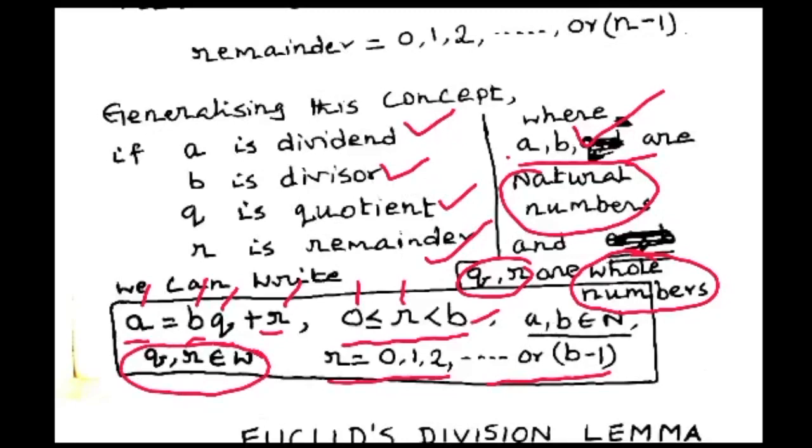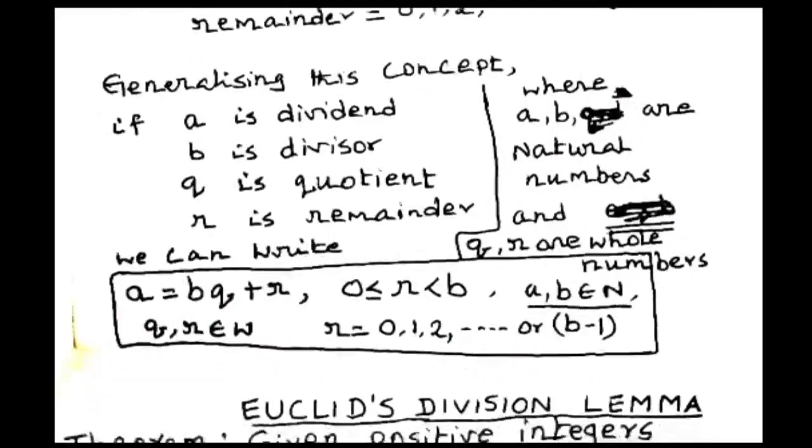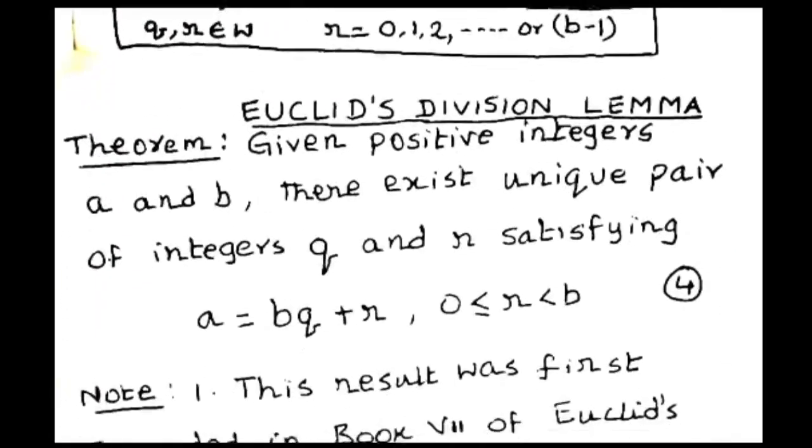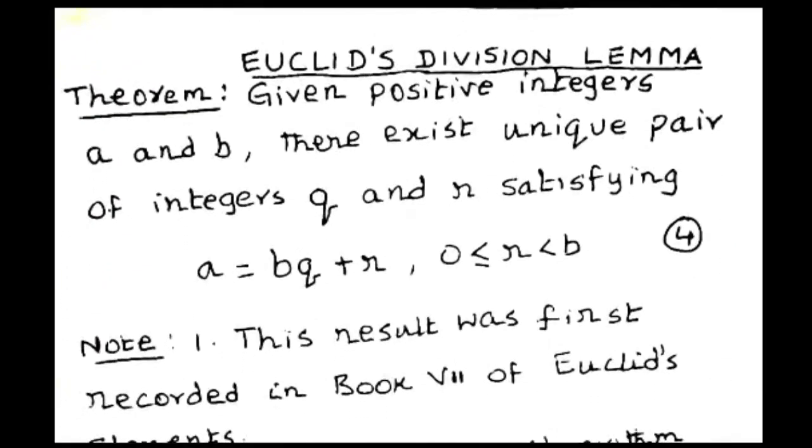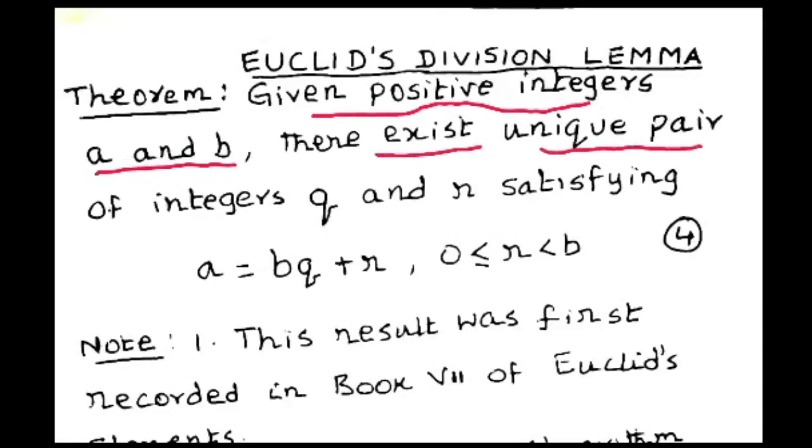Q and R are whole numbers. So this is the generalized concept. Now let us consider the actual Euclid's division lemma. According to Euclid's division lemma, given positive integers A and B, there exists a unique pair of